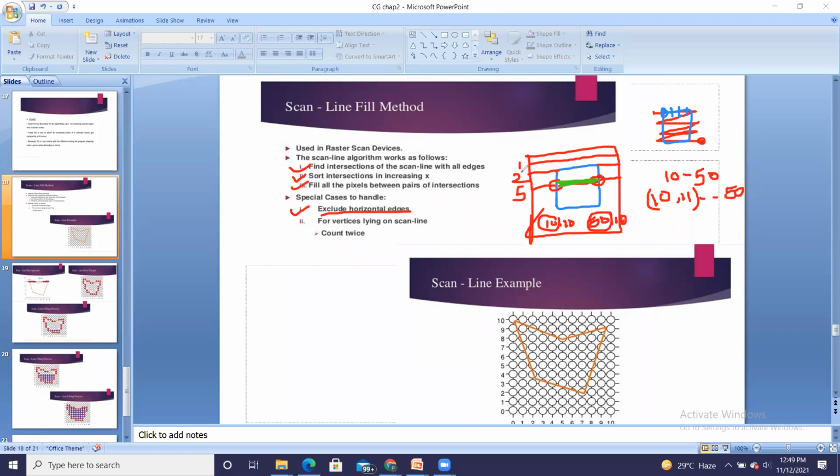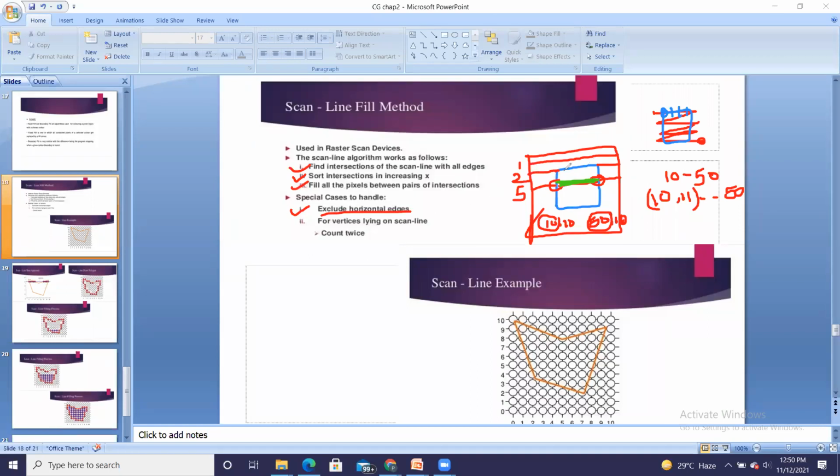So if the scan line encounters any horizontal edge, we are going to skip that line as it is. So I will be keeping this blue color as it is, which is your boundary color. Getting this, the meaning of horizontal lines.